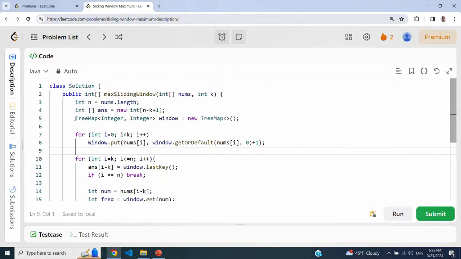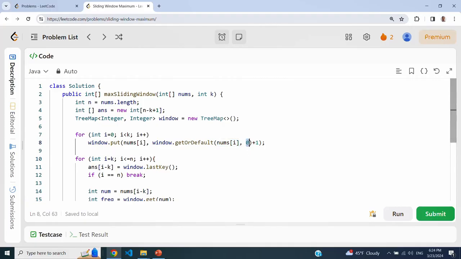Initially, I am creating a TreeMap, and I'm just putting all k numbers into the TreeMap, such that I increment the frequency. I count the frequency of each number. The way to do that is you basically say, do you already have this number in the map? getOrDefault means if the number already exists, give me the value.